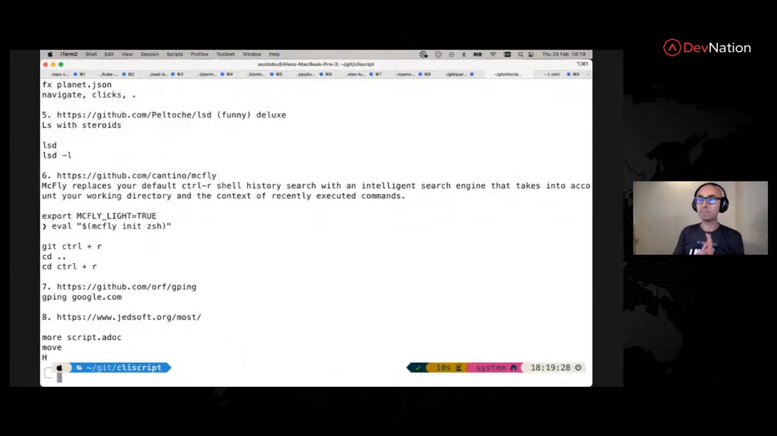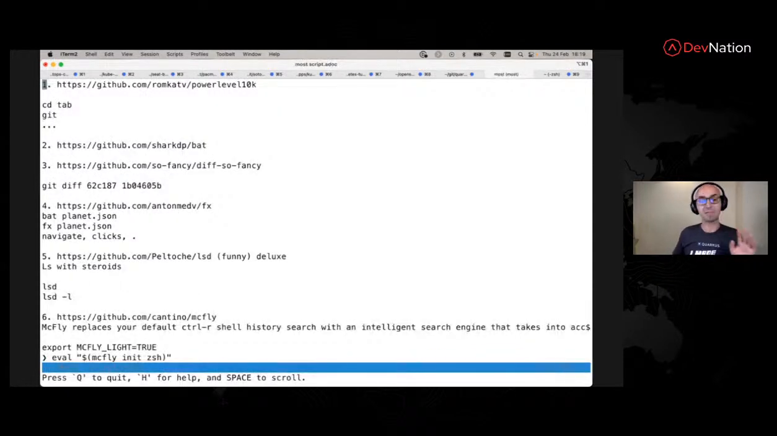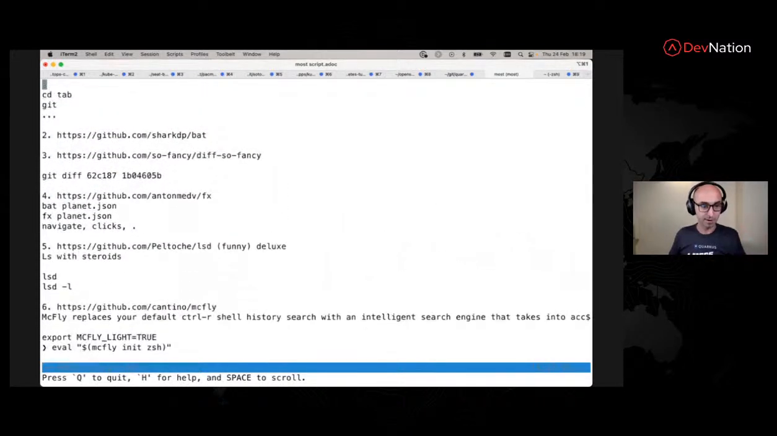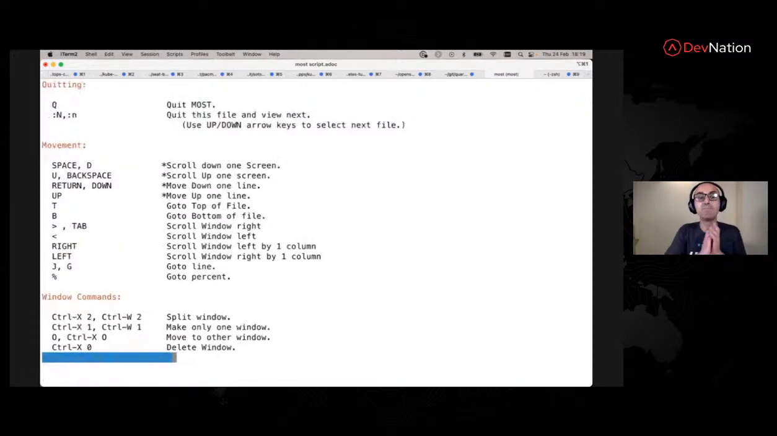Okay, now let me show you the same, but with most script.doc. You see that now it seems exactly the same thing. I can just navigate up and down, but you see here that there is H for help. If I do help, you see that there is a bunch of new commands that you can run with most. And one of the ones that I really love is splitting windows. So I can push a key,